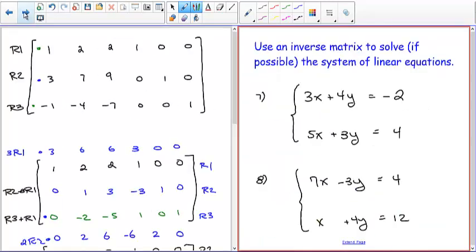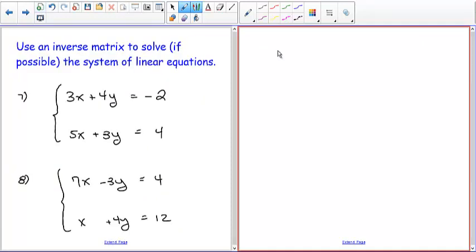Now the last bit is going to be solving linear equations using the inverse. So what we're going to do is take the A matrix, which is 3, 4, 5, 3, and find its inverse. So let's say this is matrix A. We want to find the inverse. Now,